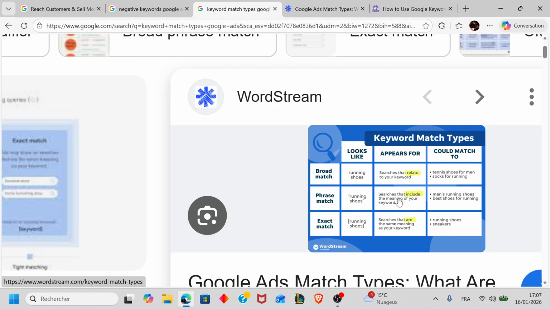As you can see, for this example, we have running shoes, and the searches include the meaning of the keyword: men's running shoes and best shoes for running. Now, for the phrase match, ads show when the search includes your keyword's meaning, balancing control and reach. As you can see, the searches that have the same meaning as your keywords: running, shoes, sneakers,